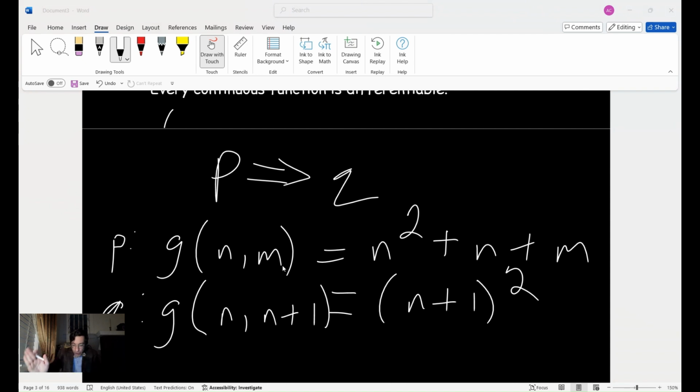So enter stage left. We have Q sub 1, we can say, and Q sub 2. And if we use